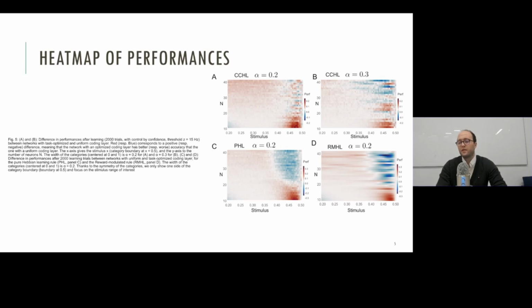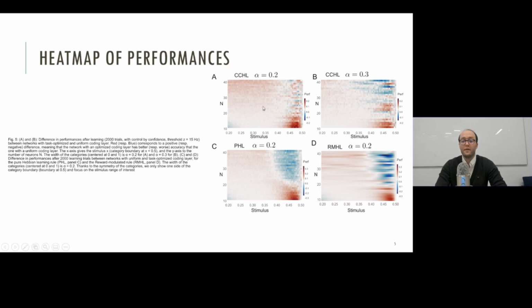That means that the network is not able to make use of the fact that the coding layer has been optimized, and having this coding layer optimized leads to worse performance than just having a simple uniform coding layer. However, in the case of the confidence control Hebbian learning rule, it's not the case, because at worst, performance between the task optimized and uniform coding layers are the same.